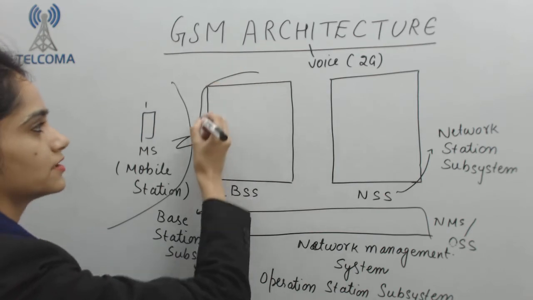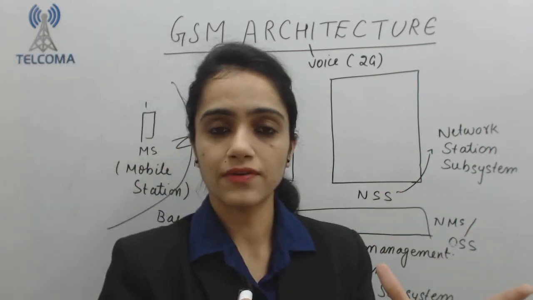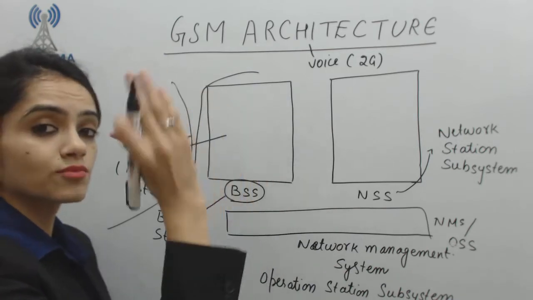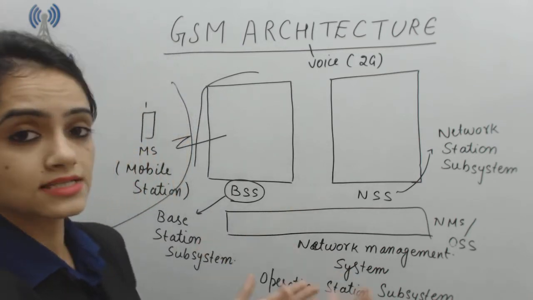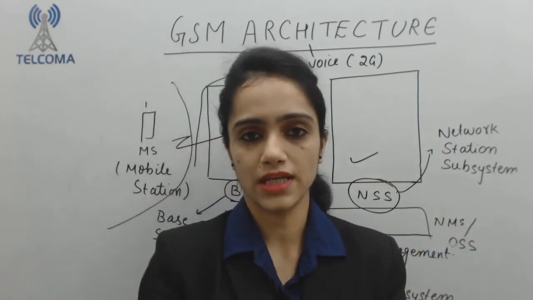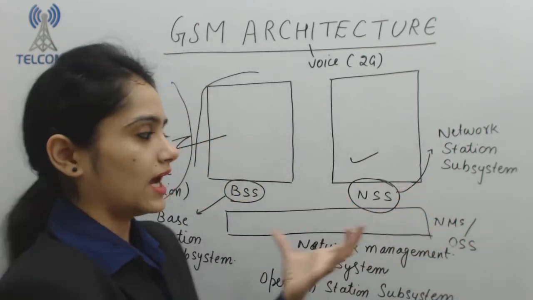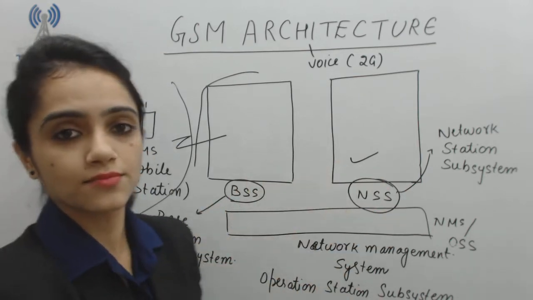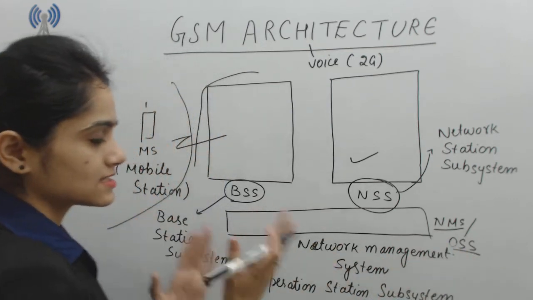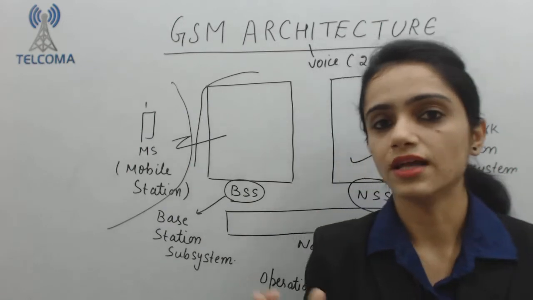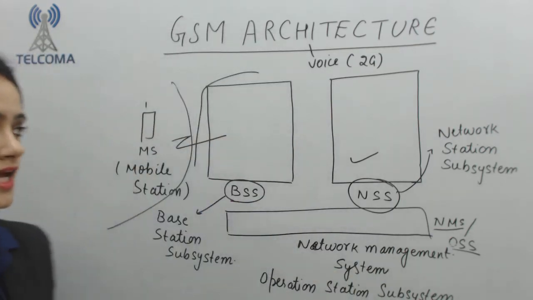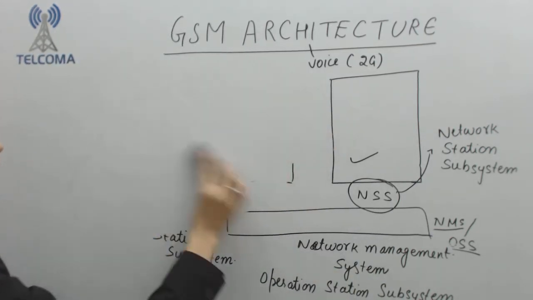In the radio part, we have a controller, and that part of the radio network is known as the base station subsystem. Base station subsystem also comprises entities, which we will discuss later. After that, the core network, that means the manager of the network, will be the NSS part, and if there are any faults or configuration related problems, we need to contact the NMS or OSS part. That means we organize our network with a number of entities so that voice communication will be possible. Now what are the entities in the different parts of the GSM architecture?